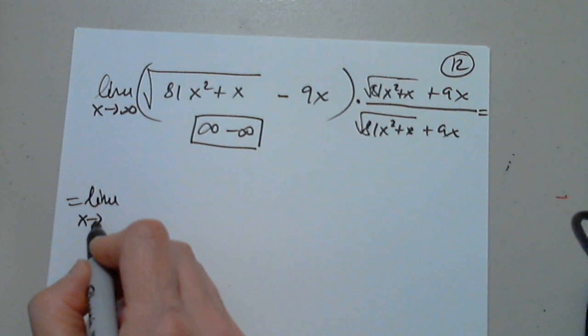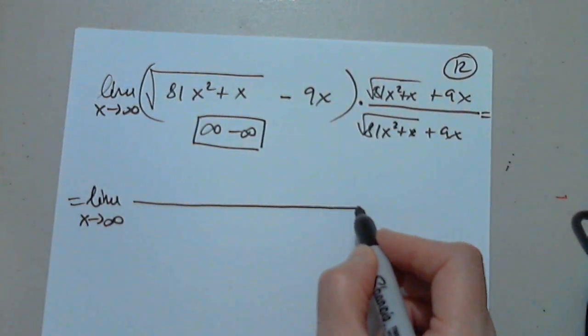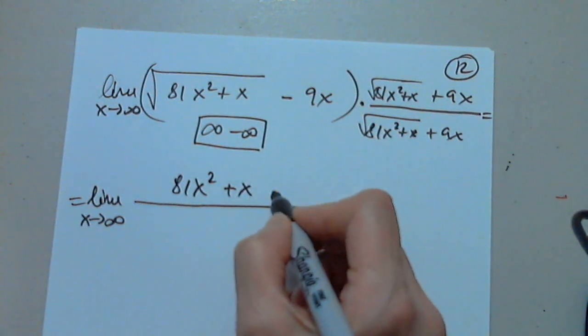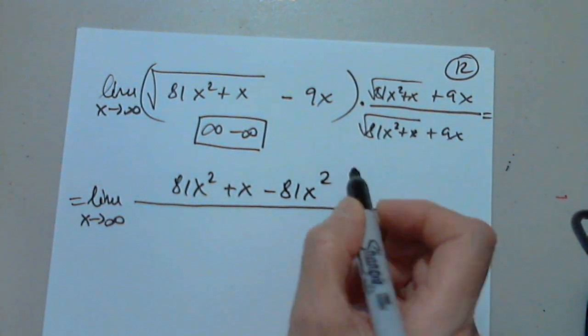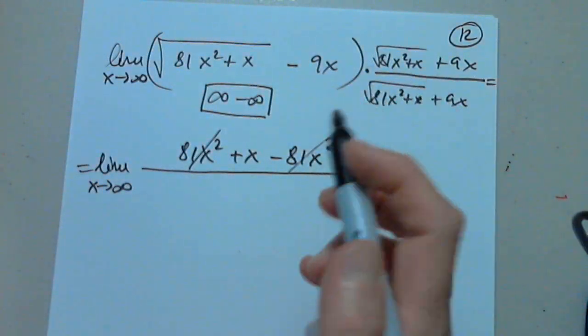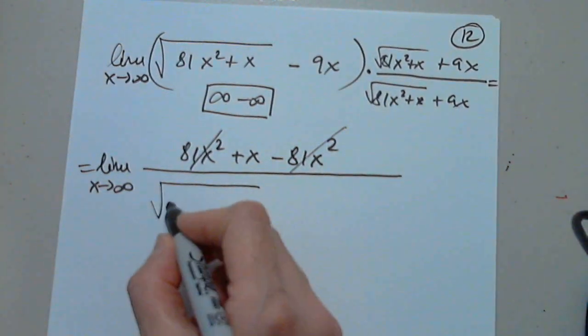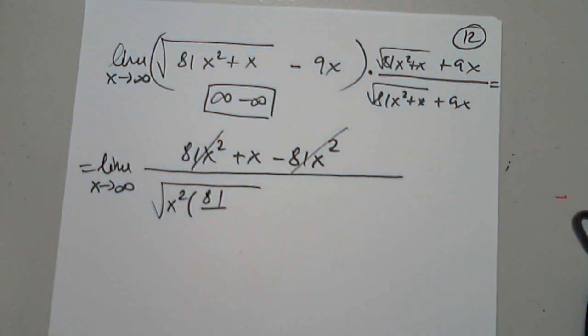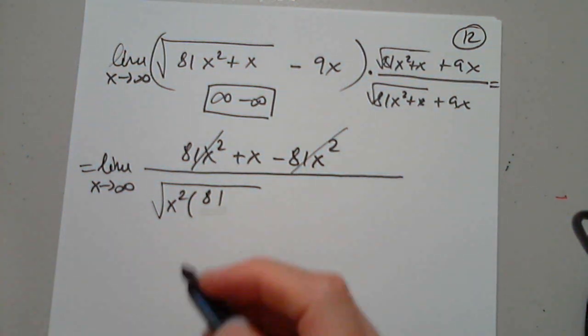So this is limit as x approaches infinity. The numerator is 81x squared plus x minus 81x squared. And the denominator needs to factor. So I'm going to have the square root of x squared times 81. I didn't mean to put the fraction. It's just 81 plus 1 over x